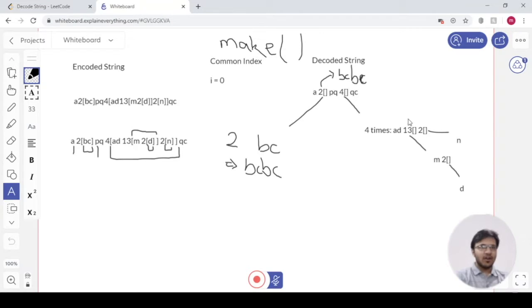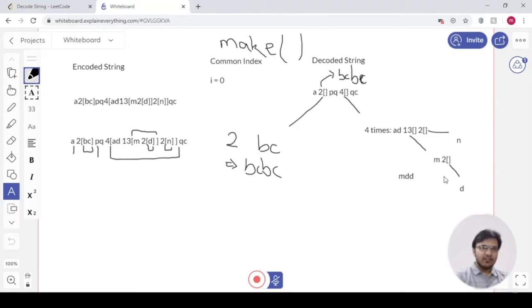So first we called make on 13 times square brackets. Inside those 13 times square brackets, we saw m into 2 times square brackets. We again called make on this, and then finally we got to d here. We returned d here, and it is added 2 times here. So the resultant string here would be equal to mdd,